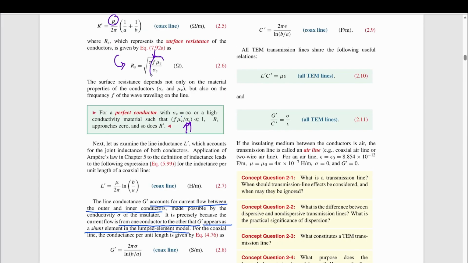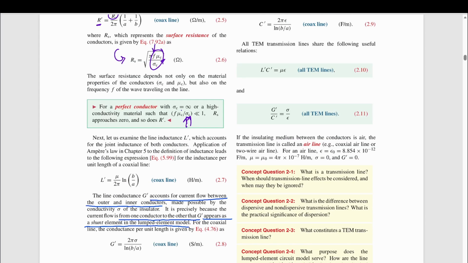So if this quantity is much less than 1, it approaches 0, and R' depends on R_S, which approaches 0, so R' also approaches 0. It's basically saying a perfect conductor has almost zero resistance, and a conductor with high conductivity has a very low resistance. Next, let's examine the line inductance,